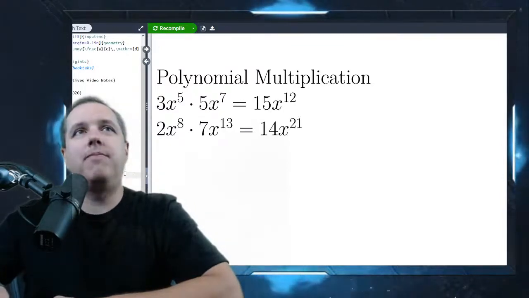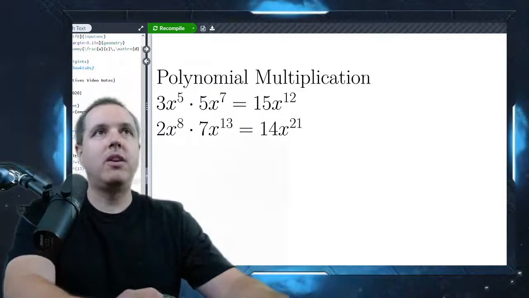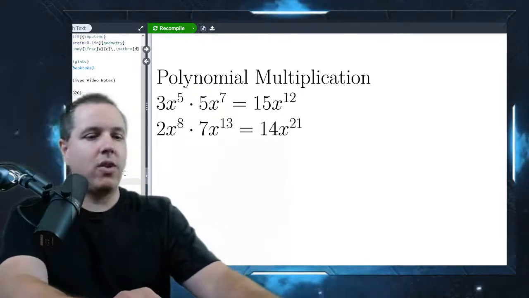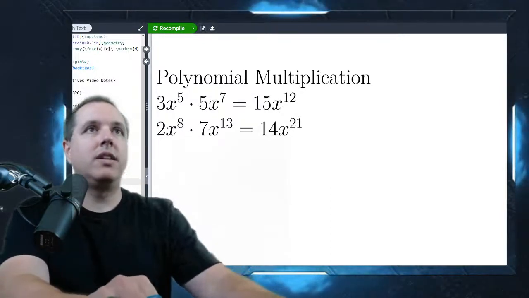Okay, so what about once we start getting more complicated? What if I have 3x squared times the quantity